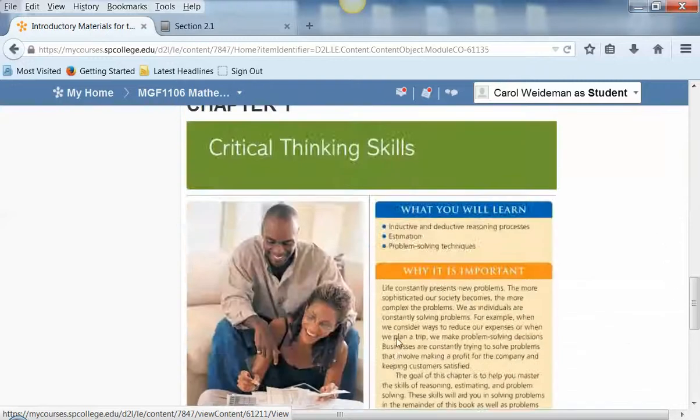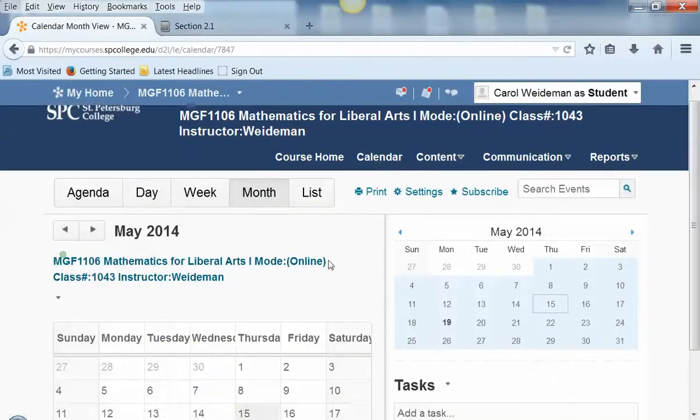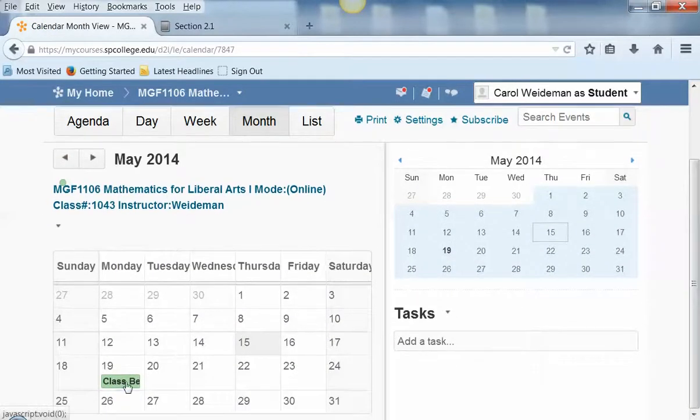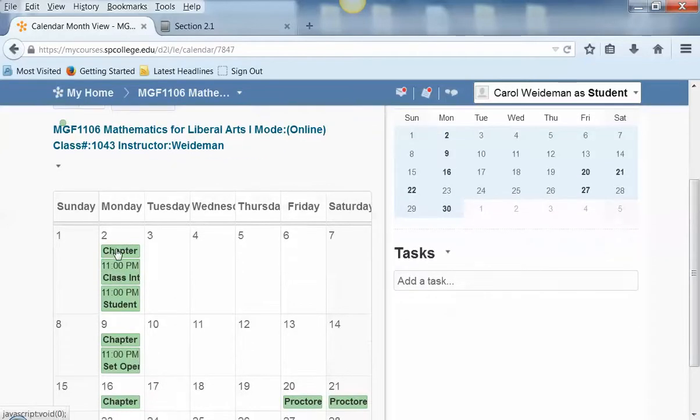Okay, so let's go back up now to the top. This will take you back to the course home. Let's take a look at the calendar for the course. And I've loaded in here important dates. The class begins on the 19th. Your first set of due dates is on June 2nd, so I put these in here so it tells you